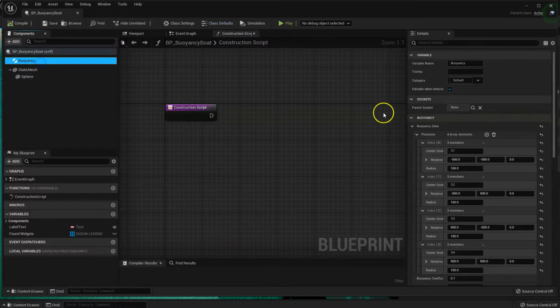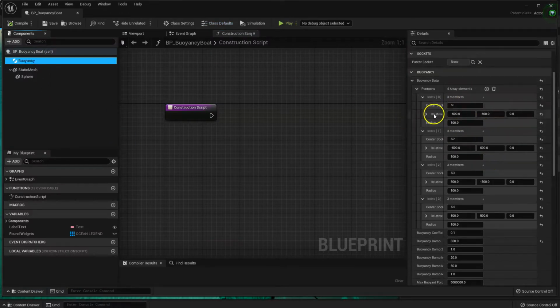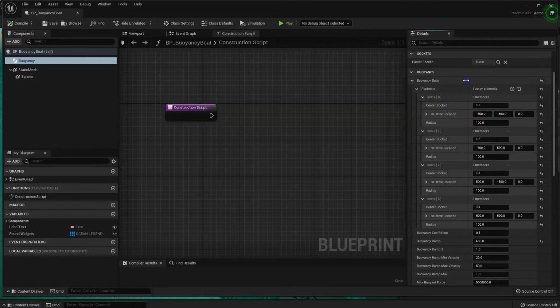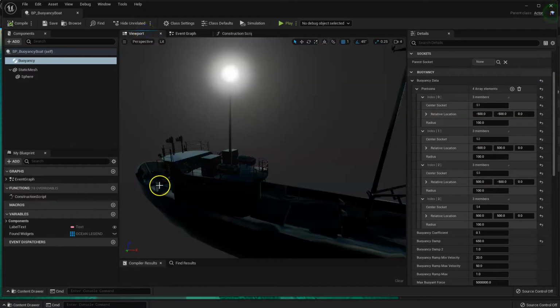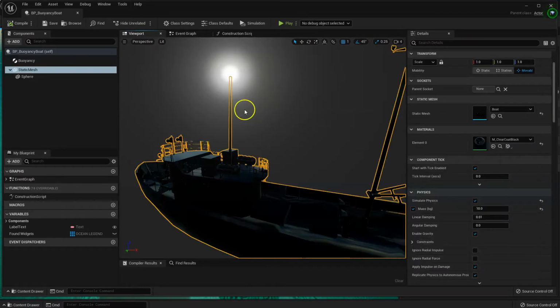So when we look at buoyancy, you'll see that here under buoyancy data you have pontoons, and you can add as many of those as you like. Now you'll see what I've done is I've assigned them to sockets. Now the reason I've done that is in some of the tutorials I've seen, people are trying to find the location of where they want to place the pontoon here and adding dummy components, and it just seems like a